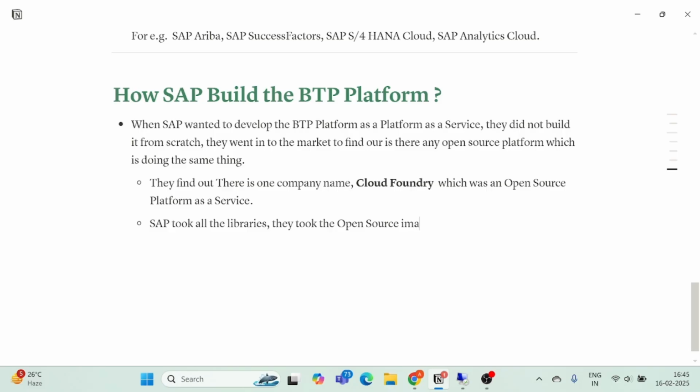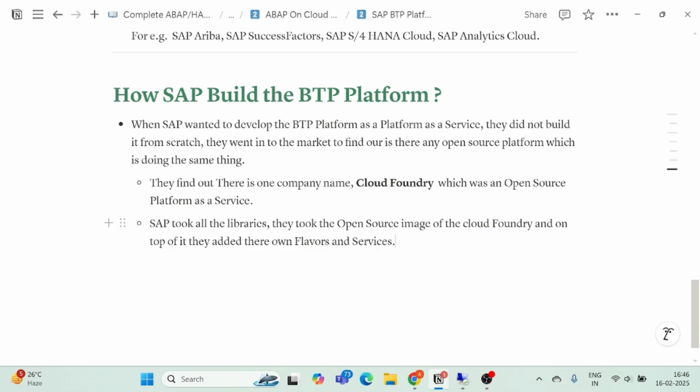They took the open source image of the Cloud Foundry, and on top of it they added their own flavors and services, which is the SAP system and all its